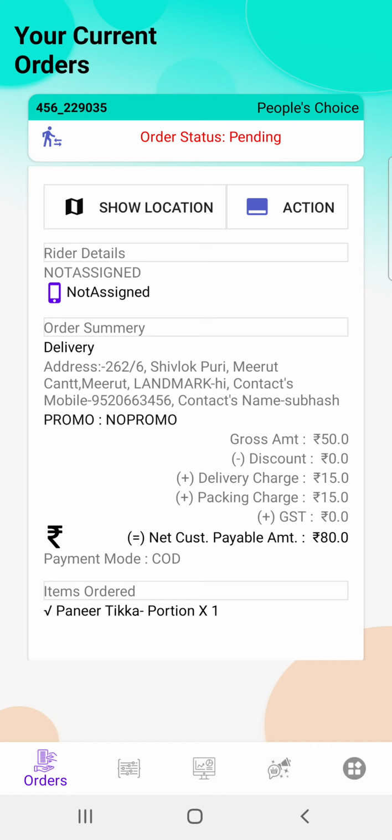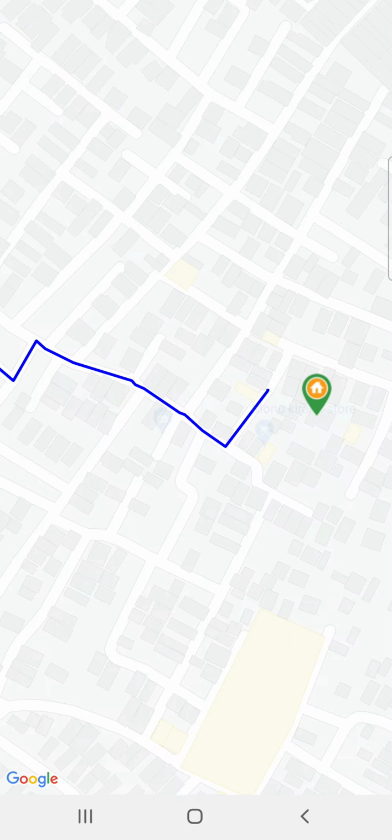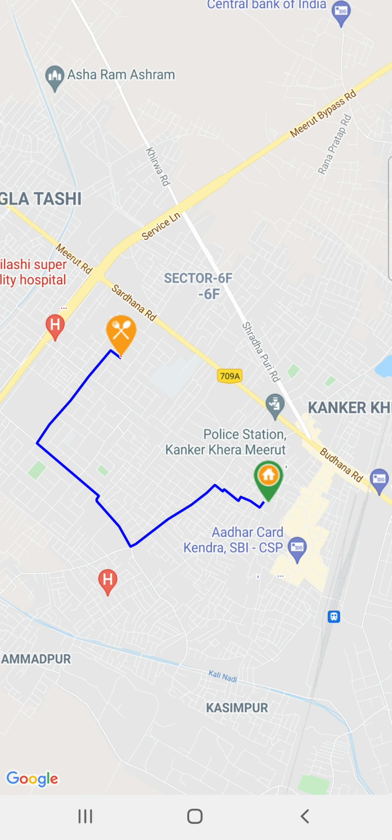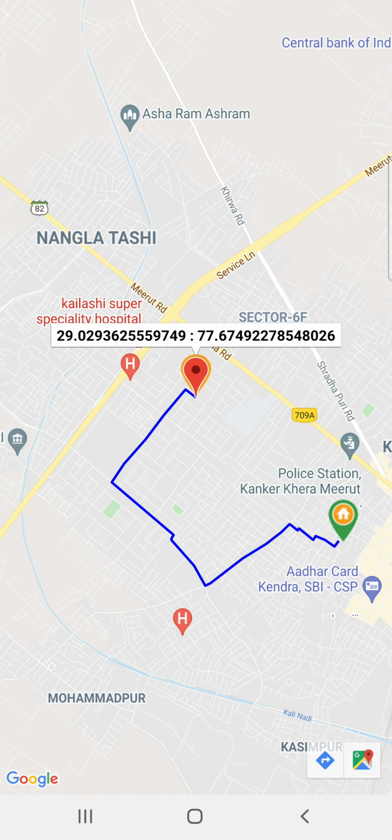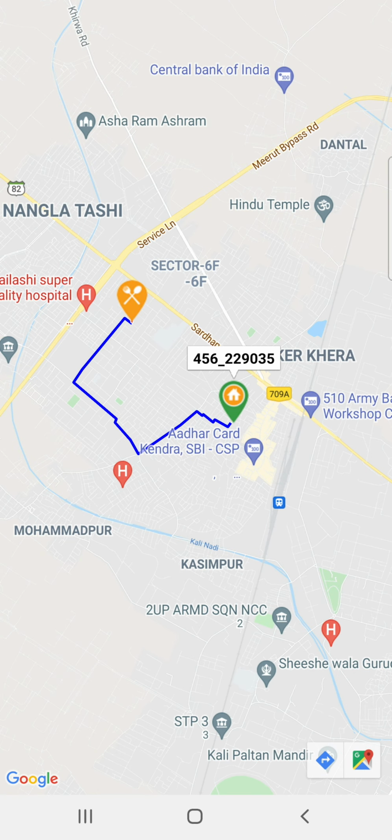location. For location, you just need to click on the show location. In that case you will get to know where the customer is, how much distance is there. It's there in voice as well, but you can see the route map. You can go by the map. By using the map you can click on that, and then you can click on the direction, so you will get to know from which way you can reach faster.